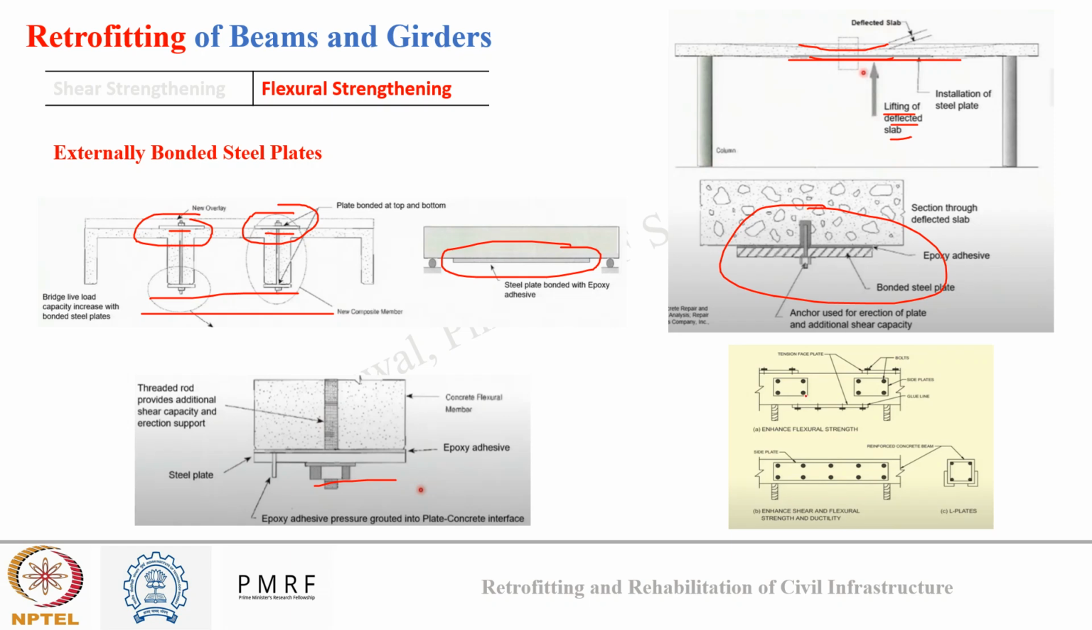Okay, so at the top near the support and at the bottom near the midspan was done from the sides also, and from the side some plates were installed to take care of shear capacity. And here in the second image you can see just shear capacity was enhanced by placing the plates on the sides. Okay,